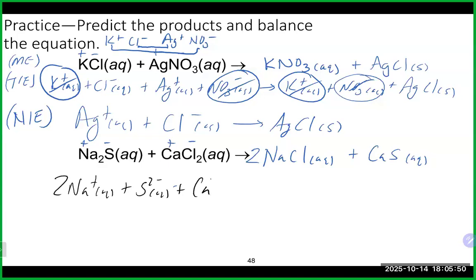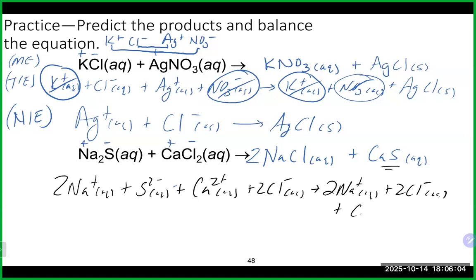You'll end up with a calcium ion and 2 chlorides. You'll end up with 2 sodiums on this side and 2 chlorides. And since this is also soluble, you will end up with a calcium and a sulfide. And this would be your total ionic equation, which means, let's see, that's the same on both